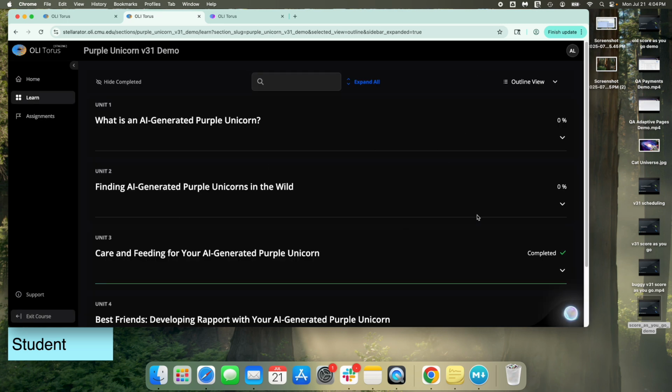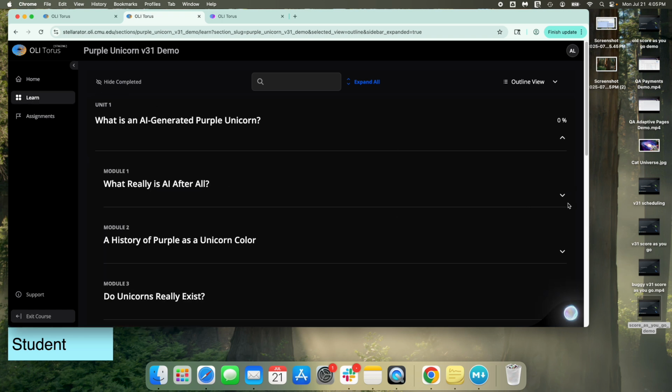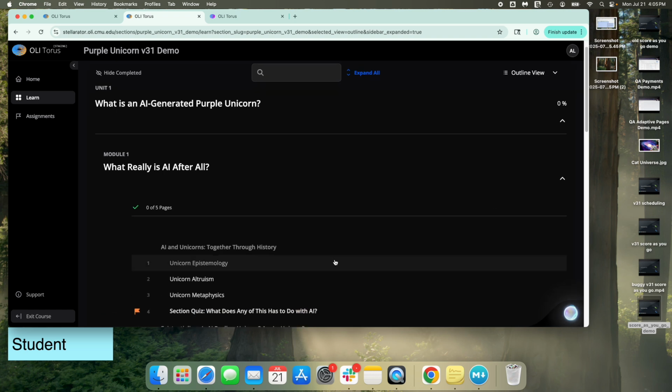And then also here in the student interface, the third thing I want to mention has to do with if you're using our AI activation points feature, which had been previously introduced in Torus version 30. So one thing, I should probably expand all. All right, let me go to a page that I have an activation point set up in. And something I'm just going to explain before I click in is the way that for version 30 we had designed